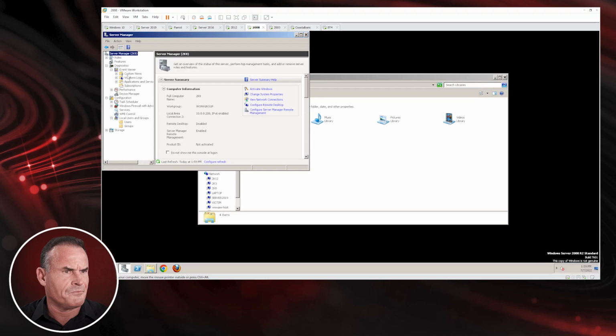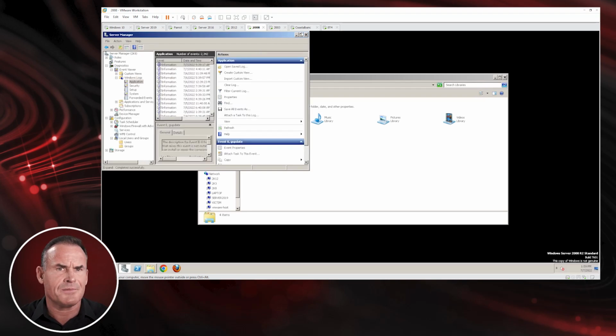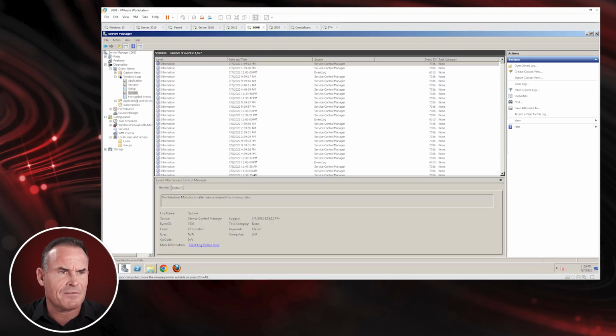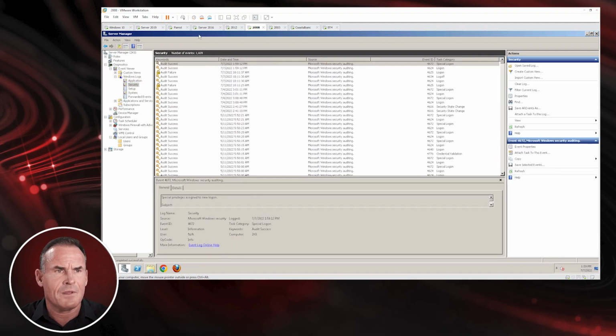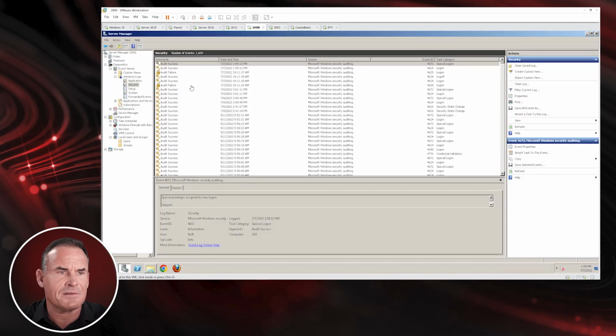Go to Event Viewer, go to the Windows logs, application. All right, so I've got application, I've got setup, I've got system, I've got security. Now I've got that 2008 box compromised. I'm gonna right click, get myself a Meterpreter shell, and I'll do a clearev to clear the event logs. All right, wiping. Now I go back and visit, and if I do a refresh,